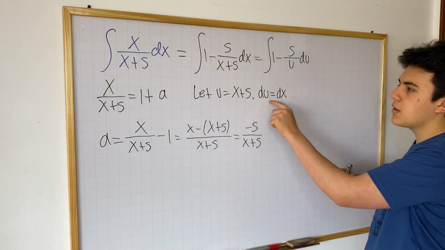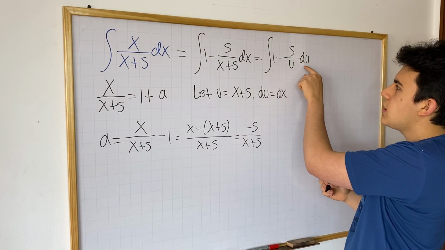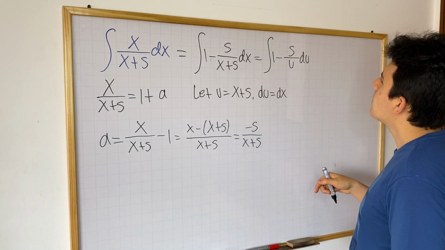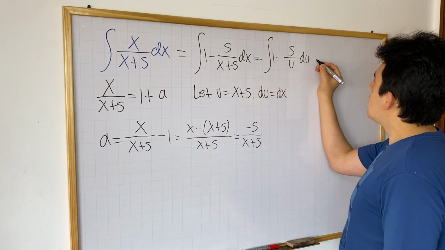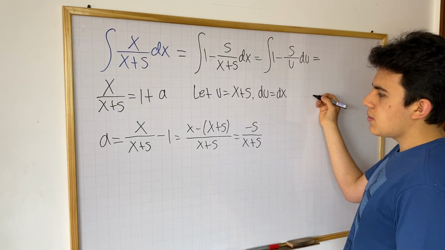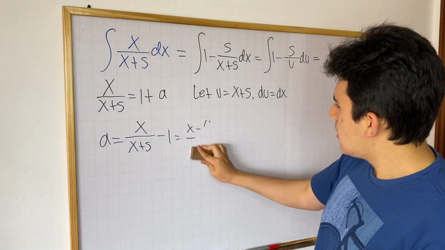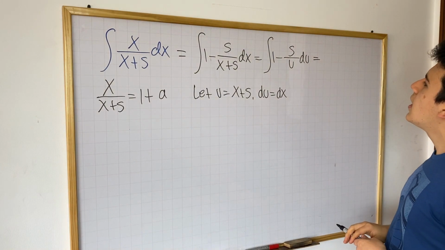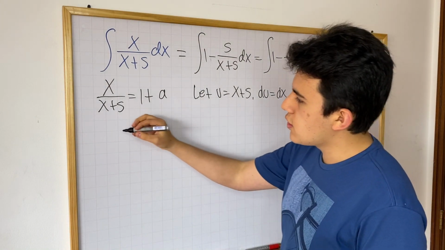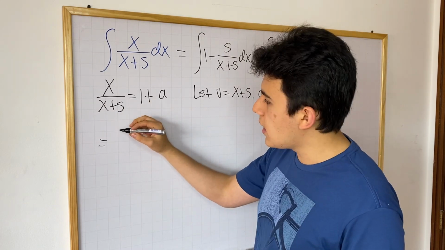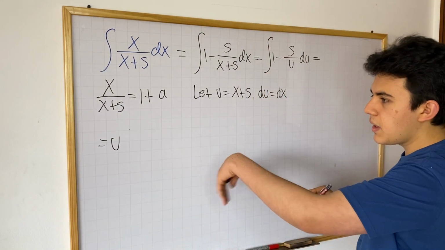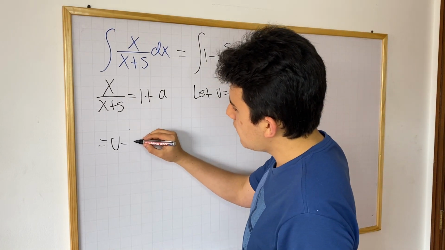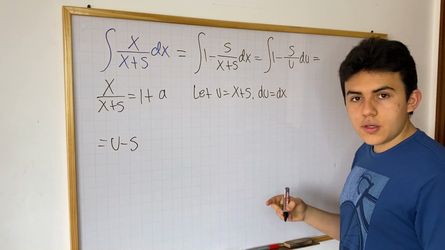Notice that dx equals du, so you don't have to change anything in the differentials of the variable that you're integrating with respect to, okay? So now this is very easy to integrate. I should erase this and continue down here so that you don't have to look all the way up here. So this integral is just going to be, we're integrating with respect to u now, and then we're going to substitute the value of u back into the original function with respect to x. So this is going to be u minus 5, and remember this is 5 times 1 over u,